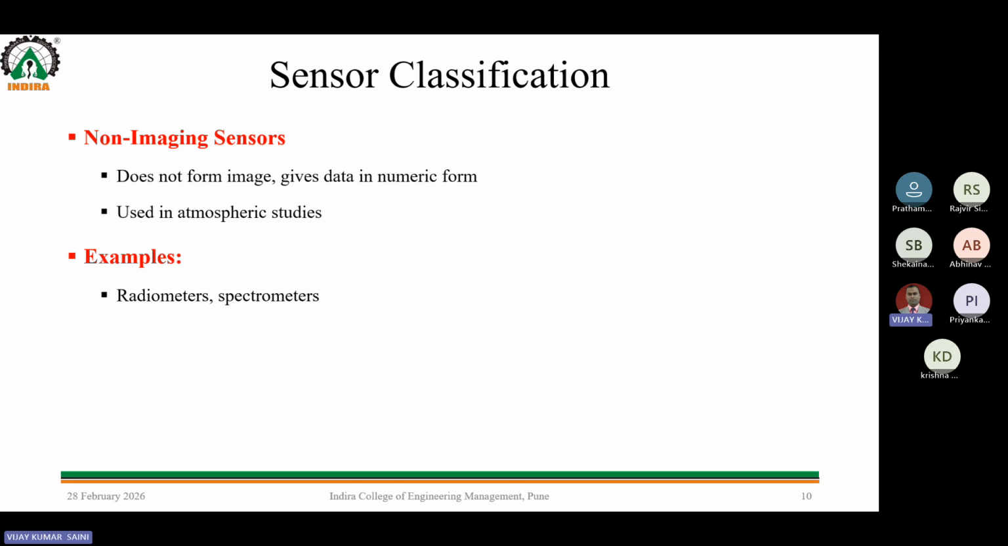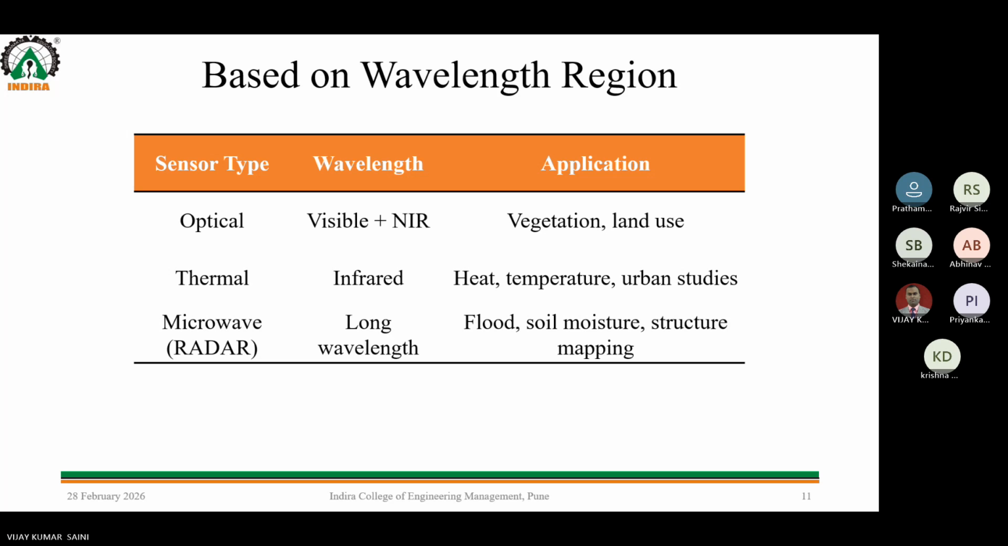Now the sensors that we'll be using here are radiometers and spectrometers. Now, based on the wavelength region, these are the basic different sensors. For optical, the wavelength is basically visible plus NIR, and you can use this particularly for vegetation and land use. Talking about the thermal sensors, you have the infrared in terms of wavelength, and